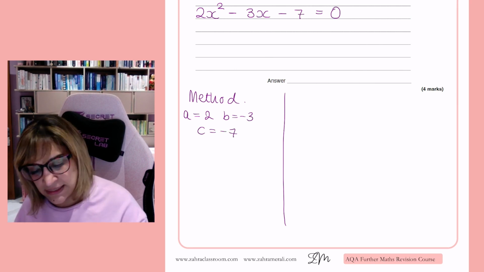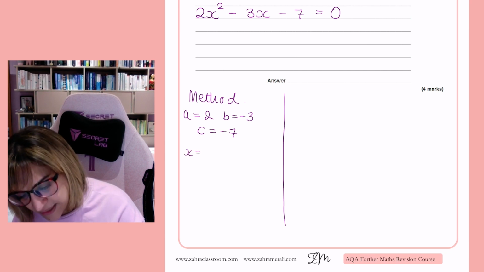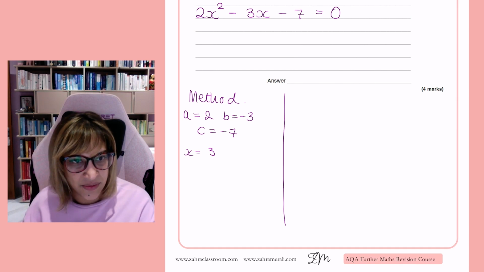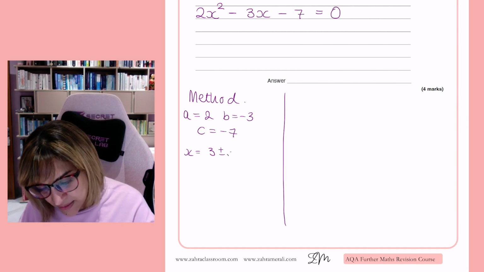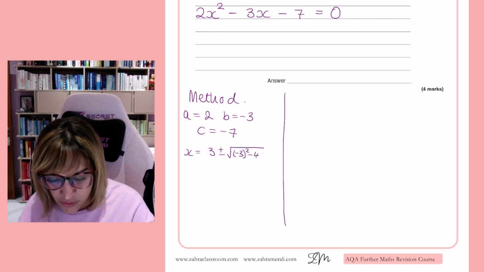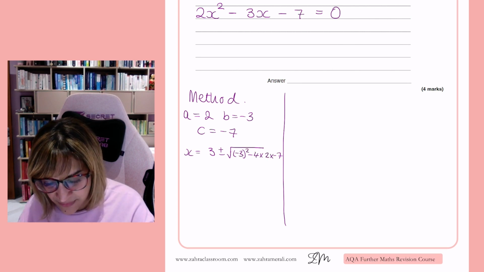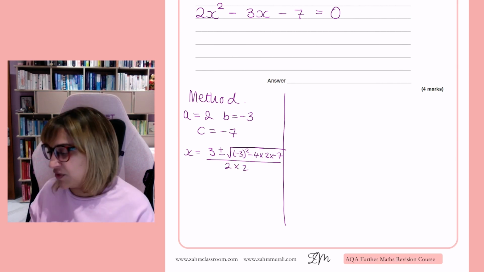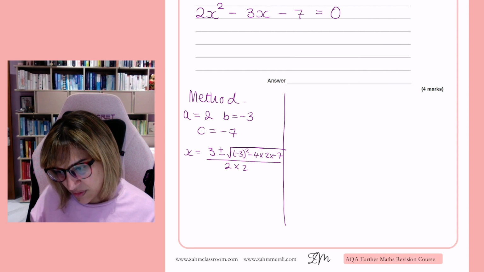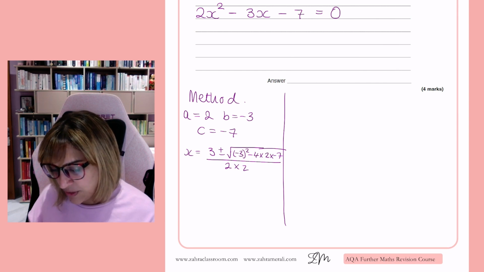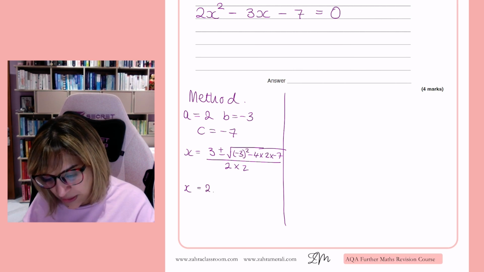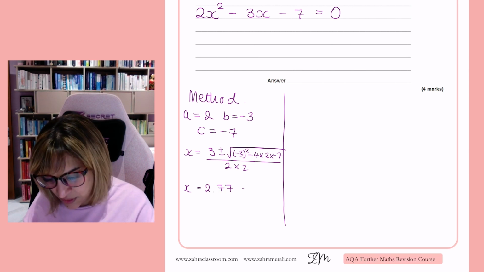And you know that X equals minus B plus and minus the square root B squared minus 4 times 2 times minus 7 over 2 times 2, and then just read off your answer. So X equals 2.77 or